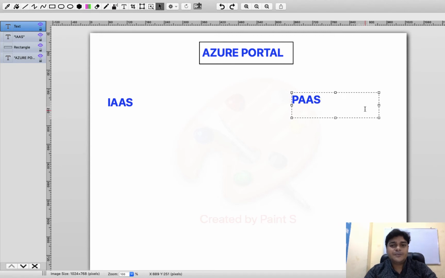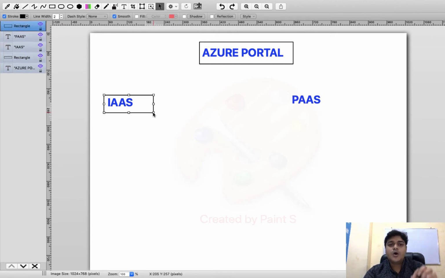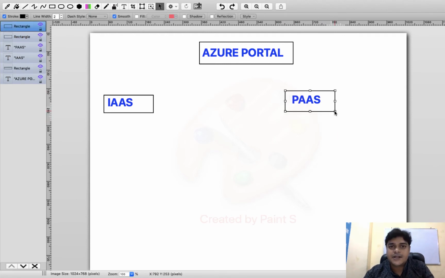So if we're talking about the meaning of infrastructure as a service, you can also say that infrastructure as a service is a manageable service, meaning the user can manage each and everything by themselves. And if we're talking about platform as a service, you can also say it is an unmanageable service, because in the case of platform as a service, up to 75% of tasks and services are managed by Azure itself. Only 25% of tasks are performed by the user. So guys, we'll give you both pieces of information, both steps for how you can host your .NET or PHP based website with the help of infrastructure and platform as well.